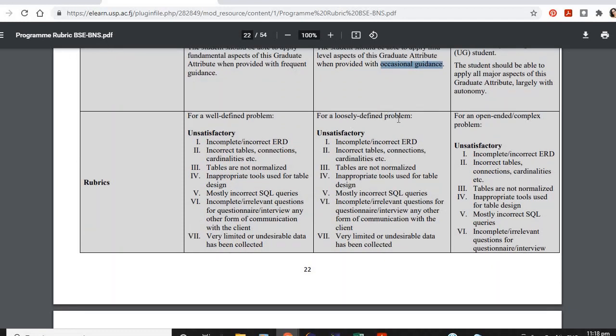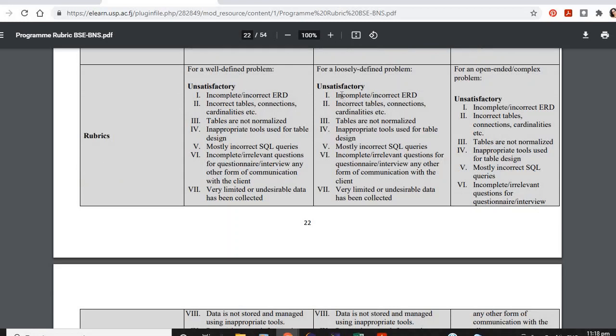So for a loosely defined problem, it will be unsatisfactory if you are not able to complete or correctly make an ERD, or you have incorrect tables, connections, and cardinalities. This is showing unsatisfactory performance at this level. Okay, if your tables in databases that you make are not normalized, if you use inappropriate tools for table design, if you have mostly incorrect SQL queries where we do SQL, if you have incomplete or irrelevant questions for a questionnaire or interview or any other form of communication with clients,